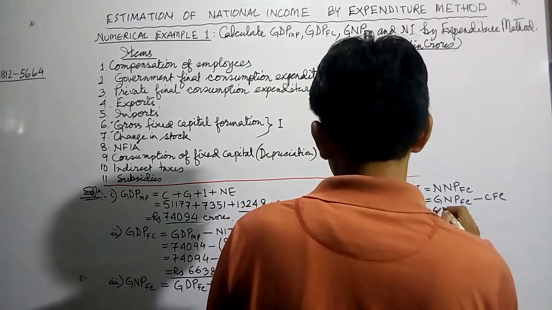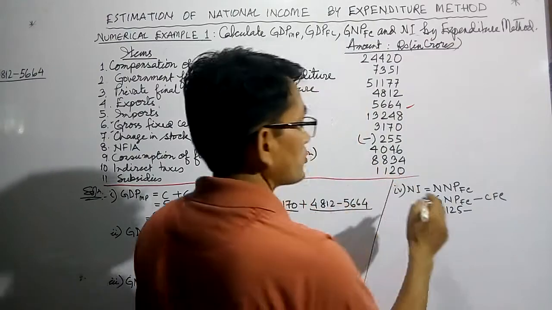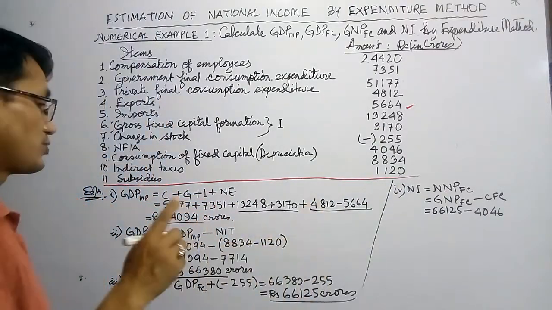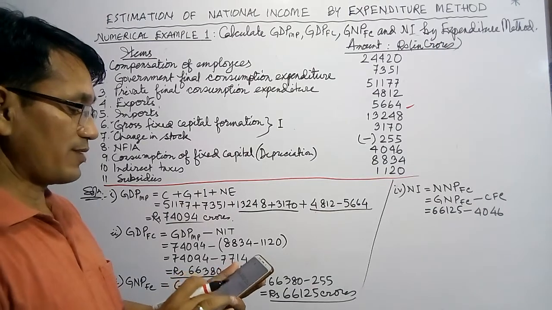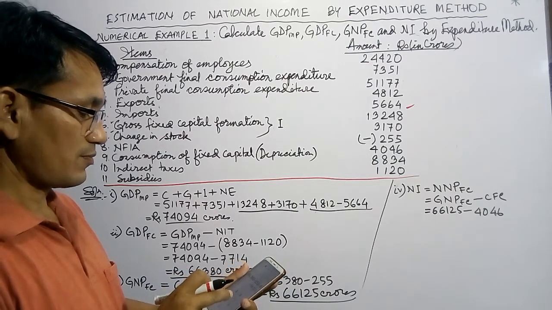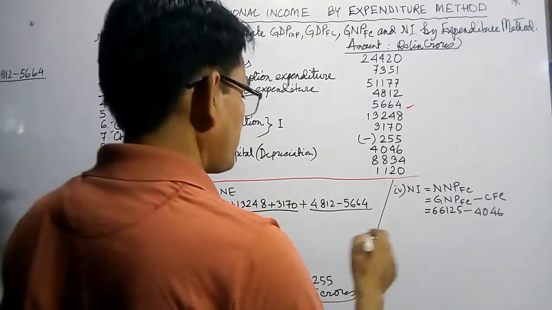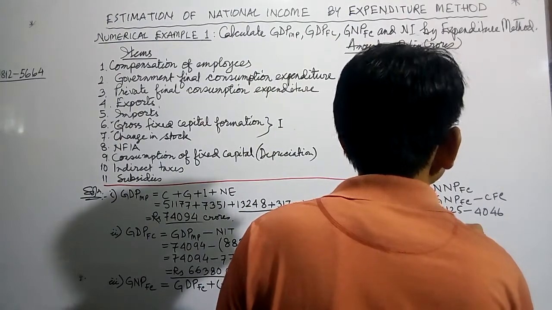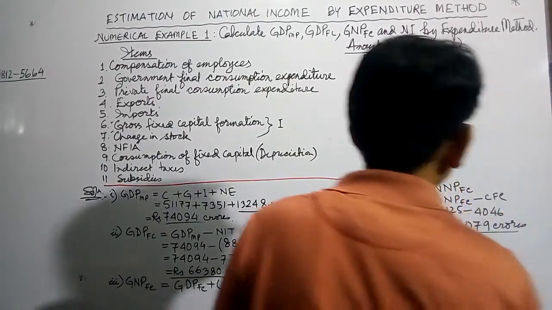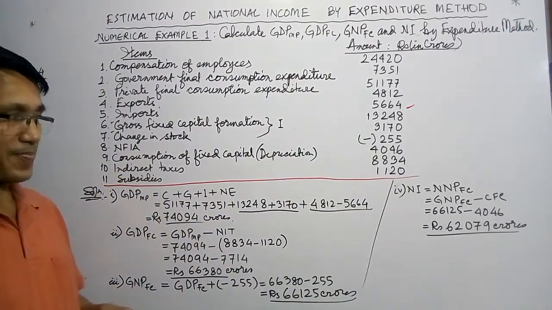See, consumption of fixed capital. GNPFC is 66125 minus CFC, consumption of fixed capital, that is 4046. What do we get? 66125 minus 4046. How much does it come? 62079. This is rupees 62079 crores. This is the national income. So this way we can calculate national income